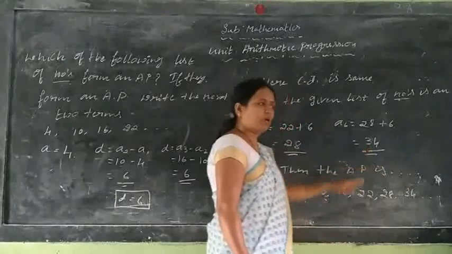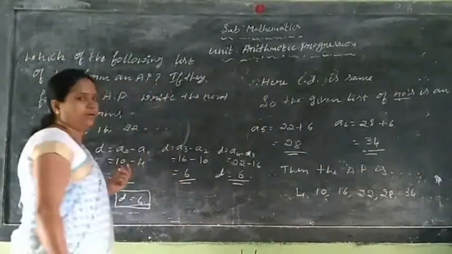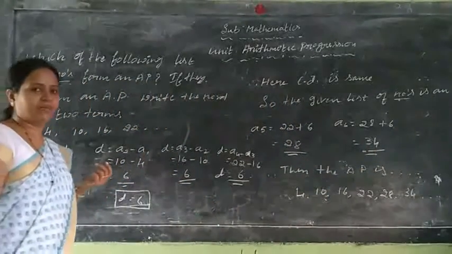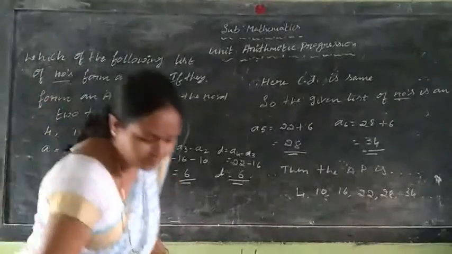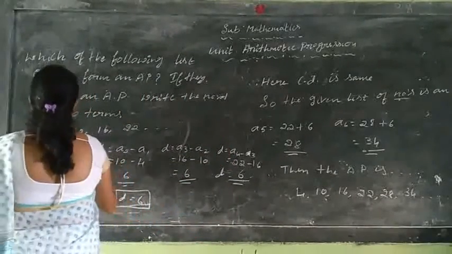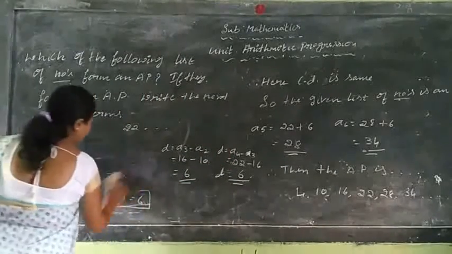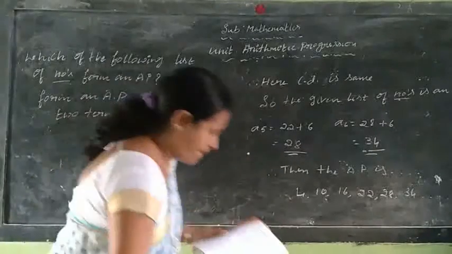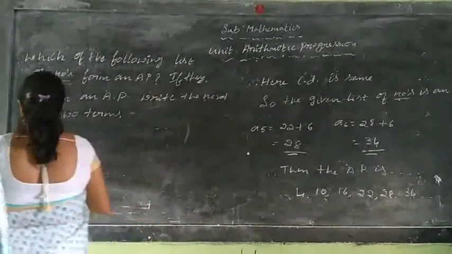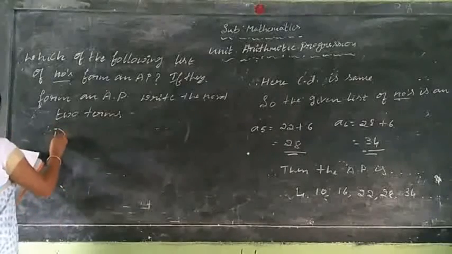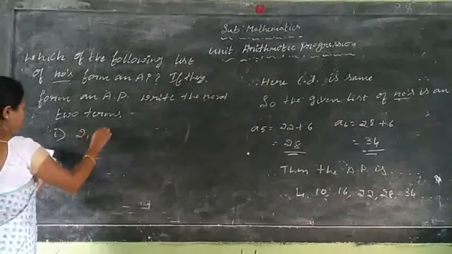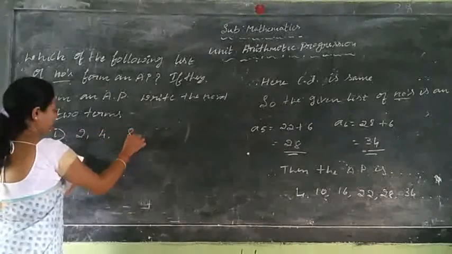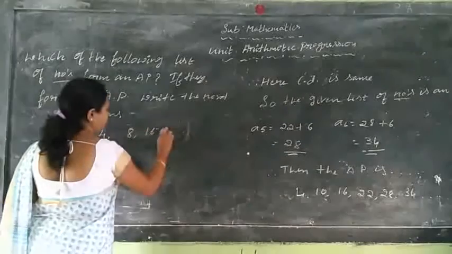Understood? Okay. I'll give one problem for the homework. You have to write it down. Okay. Just write down, children. Okay, shall I give